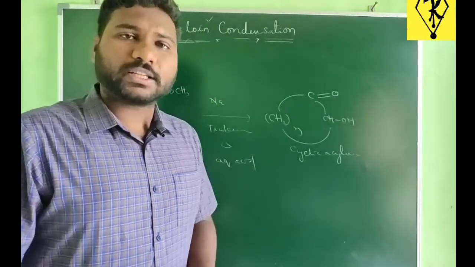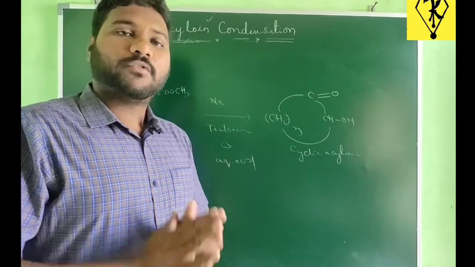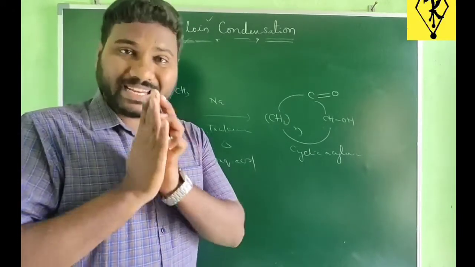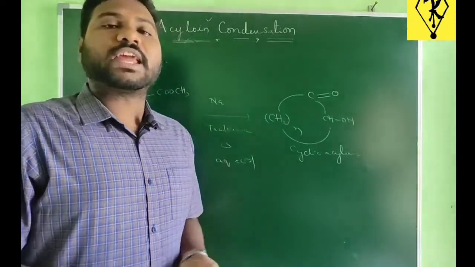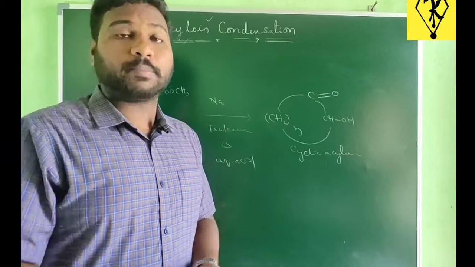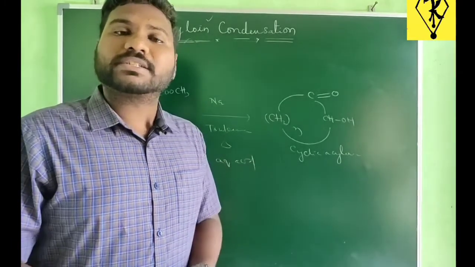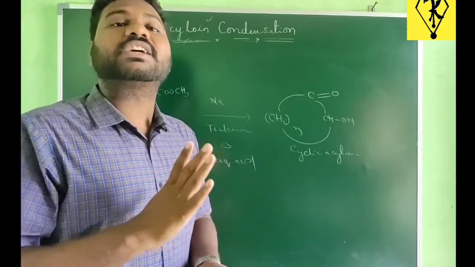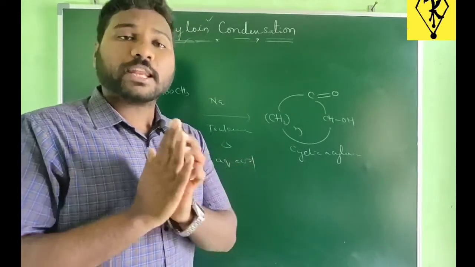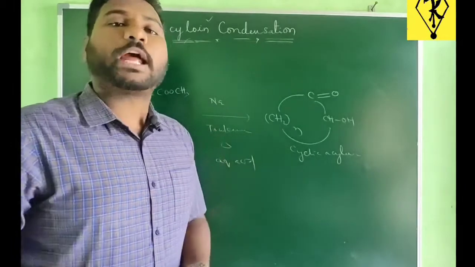Let us discuss. We'll write the products without using reaction mechanism. For that, we need to observe the reaction conditions and what type of reactant they have given. For this reaction, we required ester group. We have to remember that thing. And what are the reaction conditions? We required aprotic solvent and metallic sodium. These are the essential conditions to carry this reaction. If we remember these reactions, it's very easy to write product.